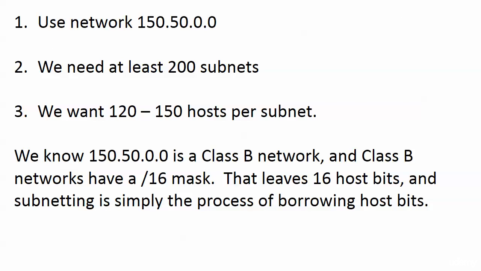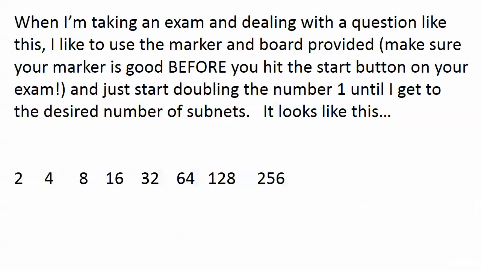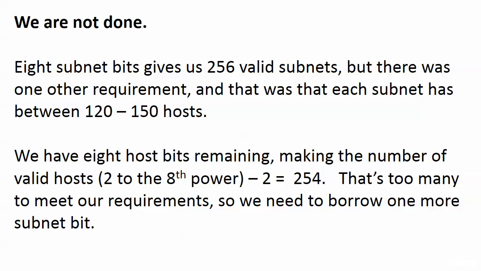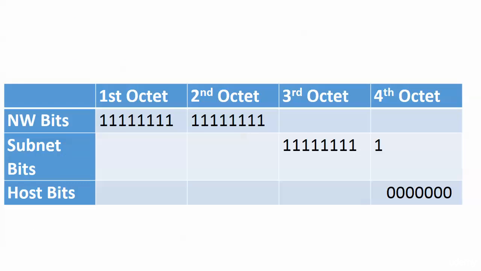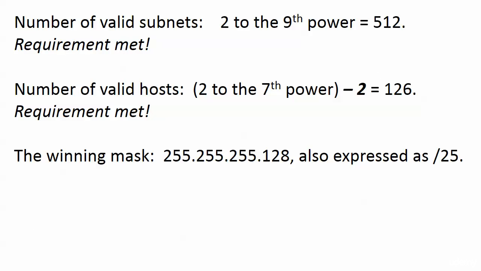There's nothing tricky here. They're telling you, or I'm telling you, what we need to do, but you just want to watch whether we're being asked for minimums or maximums or both. So here we were actually given a minimum number of subnets and then a range of hosts per subnet. So what we would do in this situation is borrow 1 more subnet bit. And we're going to end up looking like this, because that gives you 9